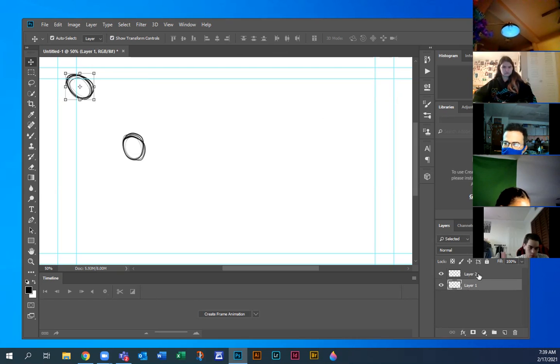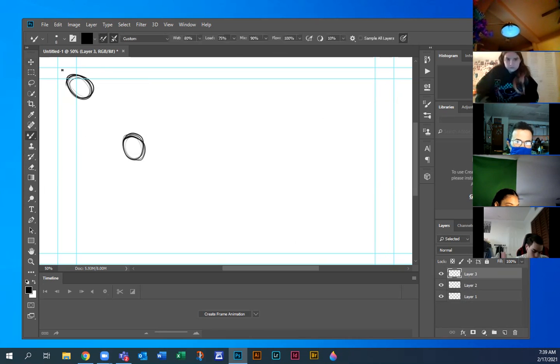Okay, so we got two things here. Let's get a third one in here with the layer. Let's go to the brush tool. We can always adjust this because each thing is on its own layer. So we can tweak it a little bit. So it's going fast and it's slowing down slightly as it hits the ground. So the next oval is going to be around there. And then it's going to get squished this way, because when it hits the ground, it's going to squish the